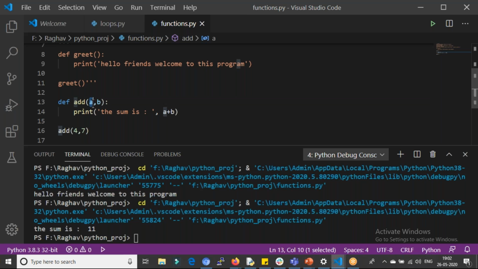I assigned the parameters a and b, and I'm using those parameters inside our function. And whenever I'm calling the function, I'm again giving two parameters. So however many parameters you define when defining a function, the same number has to be given whenever we're calling the function. I give two parameters over here, and here also I'm giving two parameters.